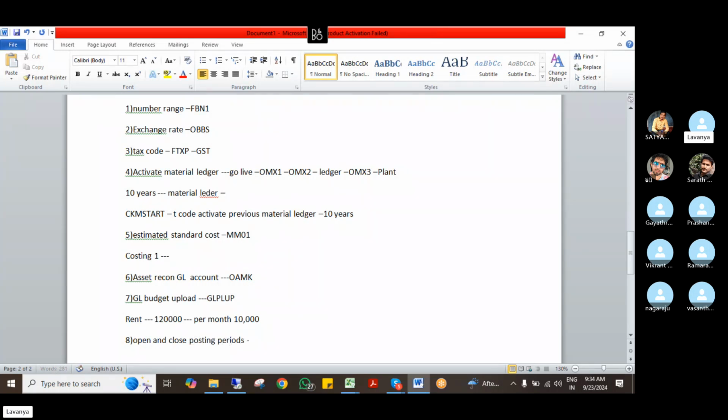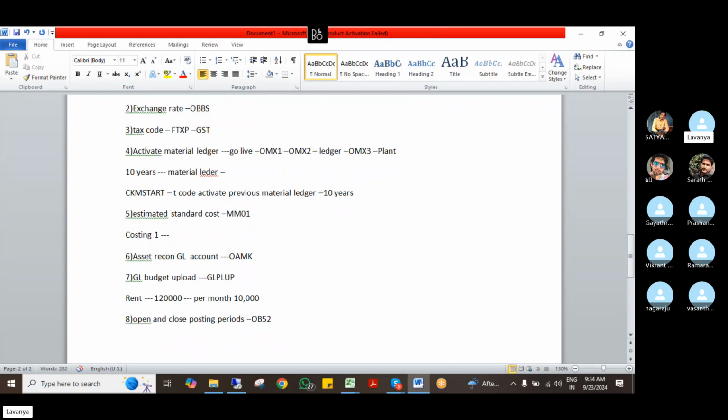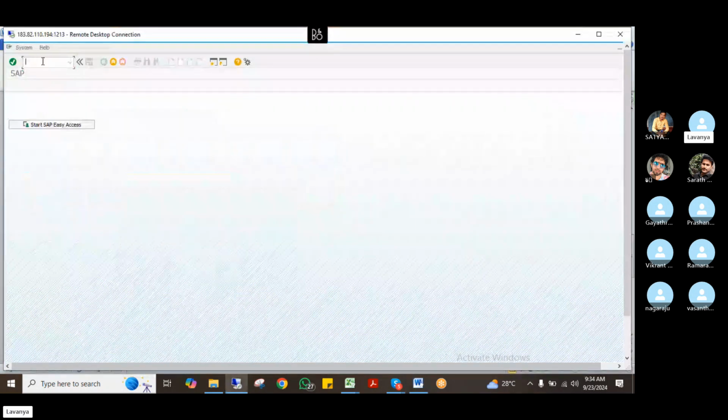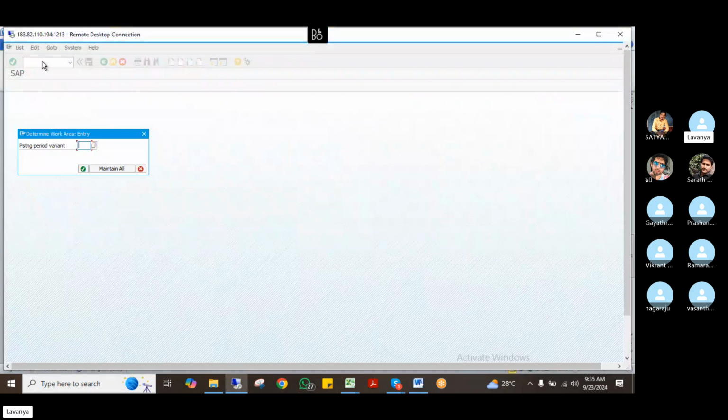Okay. Here, what is the code? OB52, right? In that also, if you see, they don't ask for any transport request. I can't open this, you know, right? Everyone knows that when we are doing open and close posting periods, it won't ask for any. I'll show you, slash OB52. Okay. Posting period HAPP,